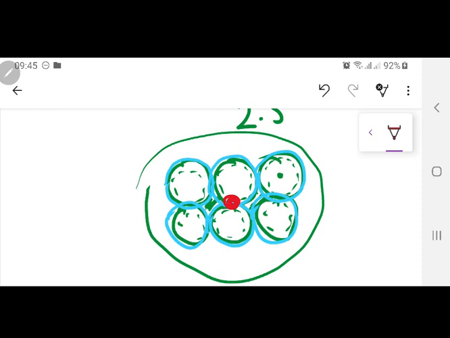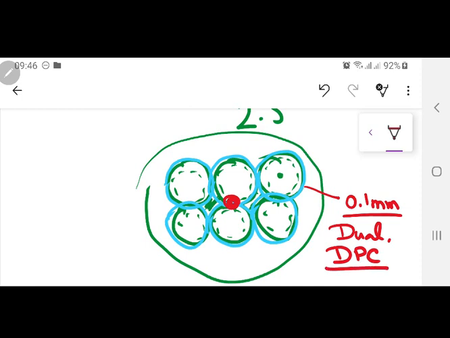So this paper covering of blue color which I have shown over here is very important, and this paper covering is certainly going to be of 0.1 mm. And depending upon the size of your conductor, this paper covering is going to be dual, which means that 2 times you are going to wrap that conductor. In this book you will see a word used a lot, that is DPC, which is called dual paper covering. Or if it is TPC, this means thrice paper covering. So 2 times you are going to round the conductor.